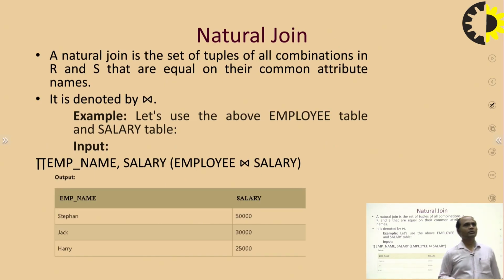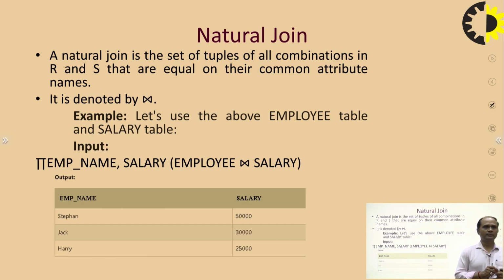So let's talk about the natural join. What is the natural join? Natural means it can be combined naturally. So natural join is a set of tuples of all the combinations in R and S. R and S are 2 relations, one relation is R and another relation is S, that are equal on their common attribute name. We can combine the tables by using the